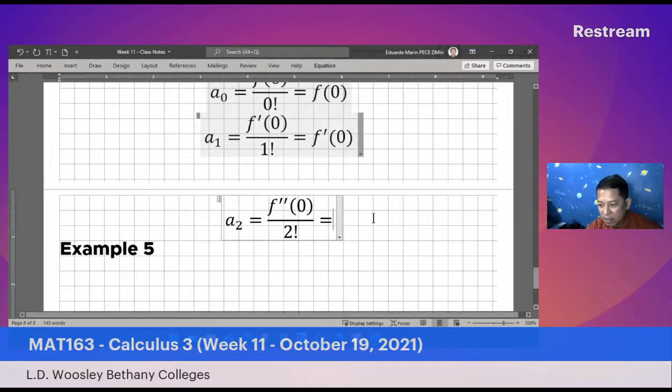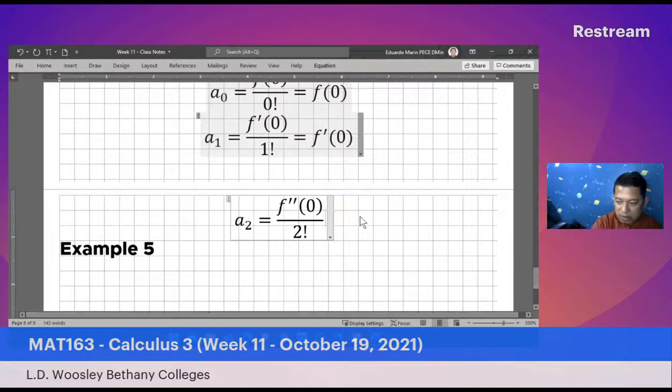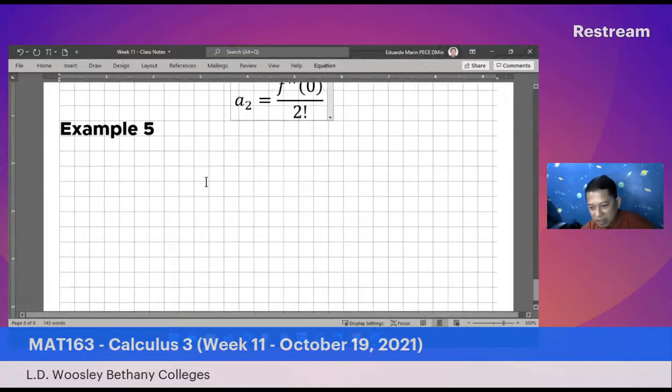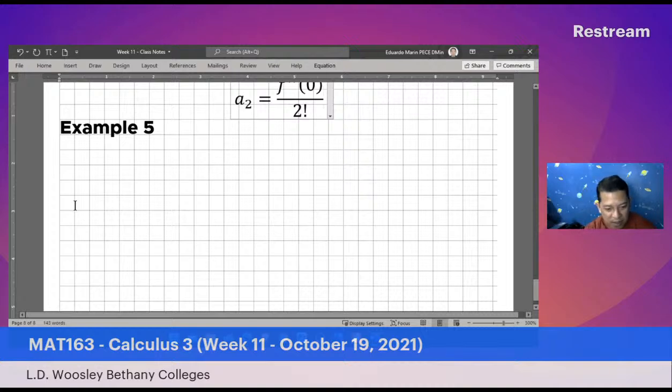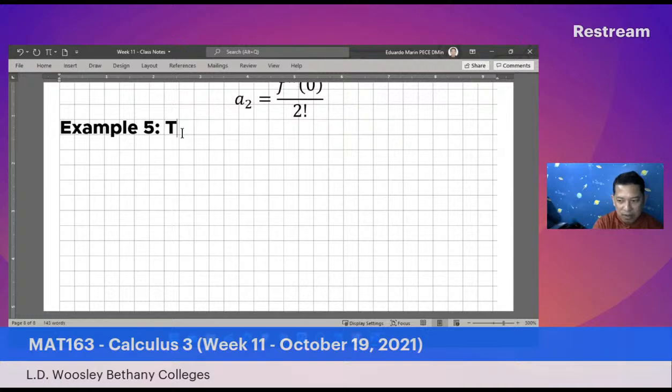Alright? So, here, so, etc. and etc. to, it follows a sub 3 is triple derivative of function at x equal to 0 all over 3 factorial, etc. and etc. So, ganun yung mangyayari dyan. No? So, let's have an example to concretize this. Pag walang example, malabong maunawaan. Bibigyan natin ng example. What is the Maclaurin